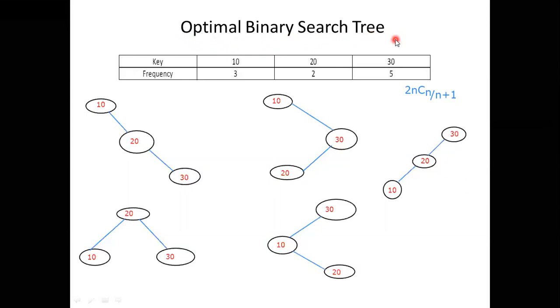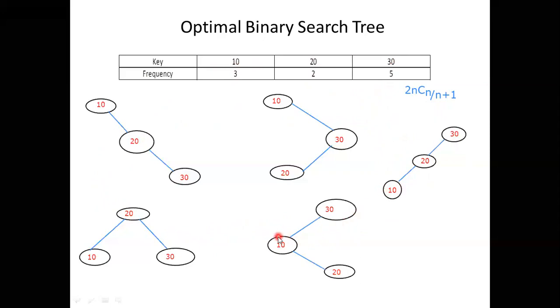First of all, we will take one example and I will explain what is meant by balanced binary search tree. See here, some keys are given: 10, 20 and 30. Now do not worry about what frequency is. We will see that later. Again, 3 keys are given: 10, 20, 30. Here the question is, with the help of these 3 keys, how many different binary search trees can be generated? Already you know that.